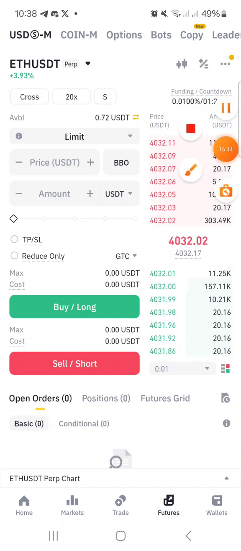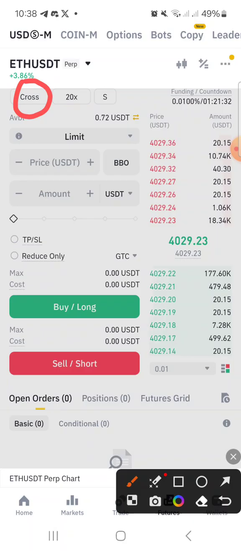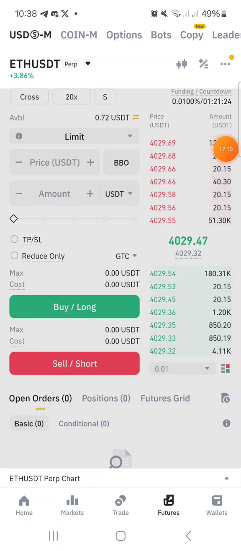All right. The first thing we talked about on futures is the fact that with futures the risk is very, very high. So you have to be very, very careful. Why? The first thing on the futures platform is to understand what this cross means, to understand what this 20x means. All right. So let's talk about the cross first. The cross means that